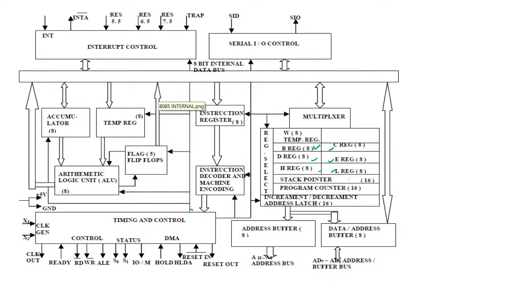Out of these, these 6 registers are actually your data registers. In these registers you will store the data, and these are the address registers because these are the 16-bit registers. We can store the address here. We know that data in 8085 microprocessor is of 8-bit and the address is of 16-bit, right? So address registers are actually 16-bit and data registers are of 8 bits, right? If you want to store the 16-bit address, you require a 16-bit register. So we have stack pointer and program counter.